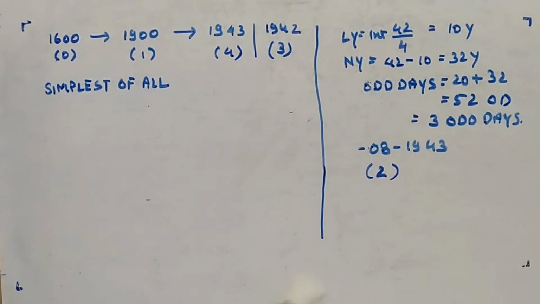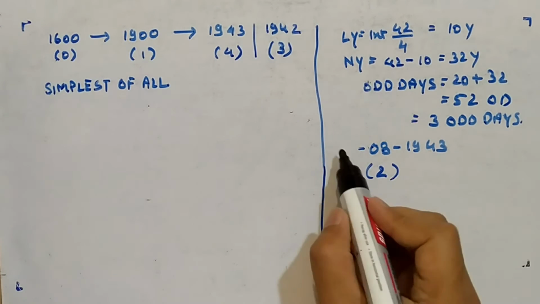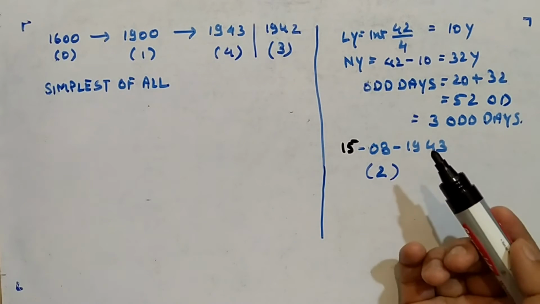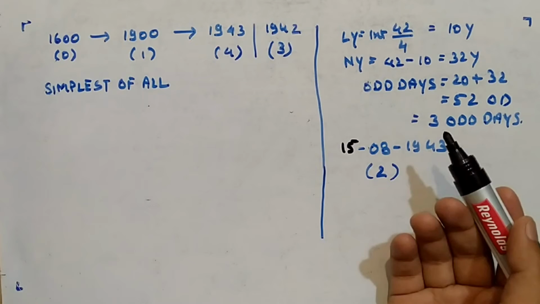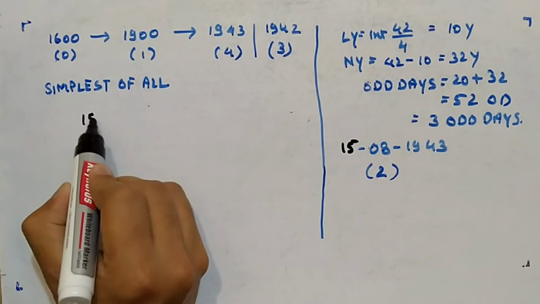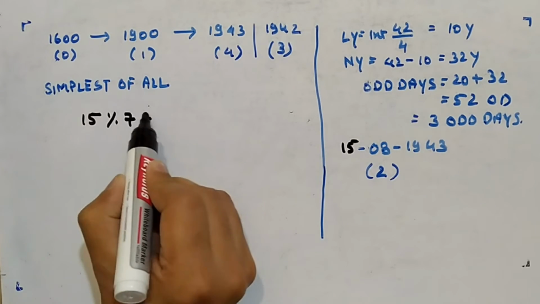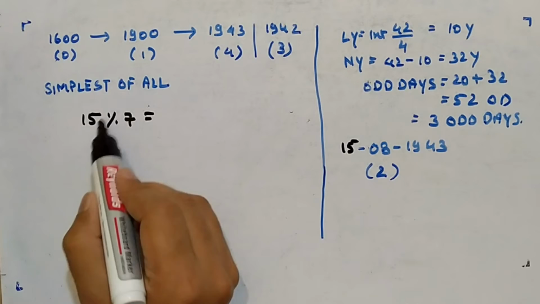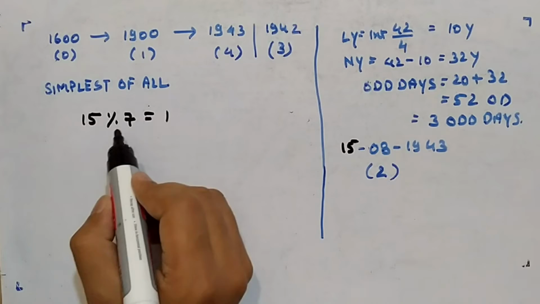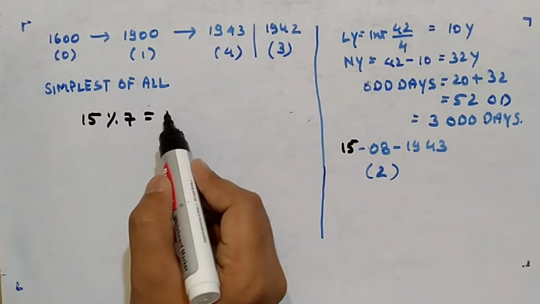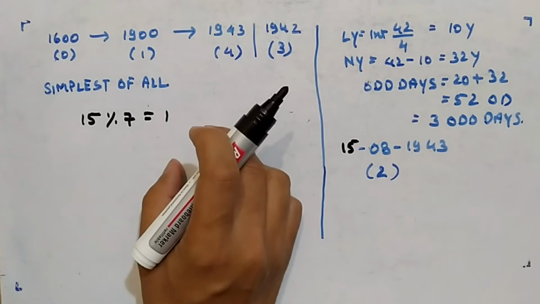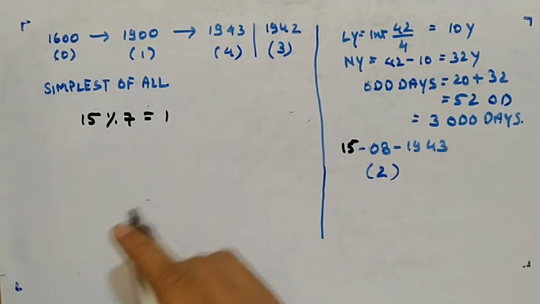Now let's say we have to look for 15th August. Till 1st August you know how many odd days there are. You just have to calculate the odd days for 15. So you divide 15 by 7 and calculate the remainder. That's why I have done modulo. This will be 1. 15 divided by 7: 7 into 2 is 14, plus 1, so the remainder will be 1. The next one will be your odd day.